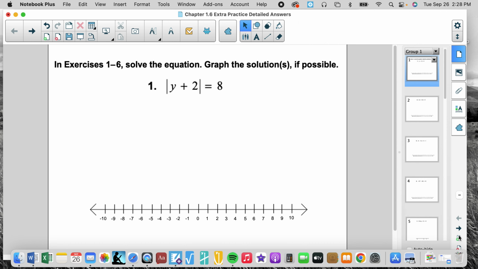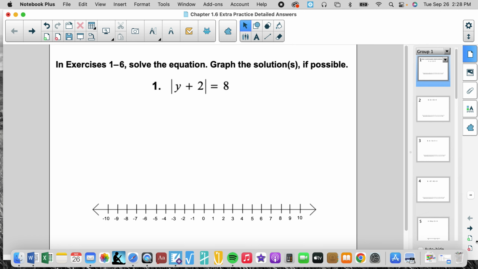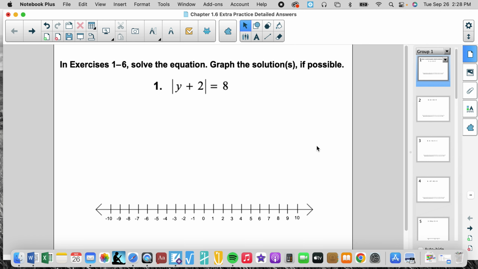Here is chapter 1.6. Extra practice. And this is going to be the video going through the main ideas for this chapter, which deals